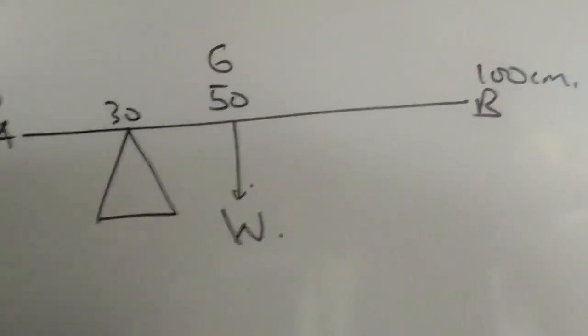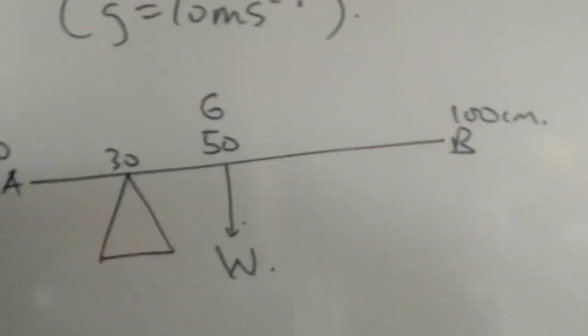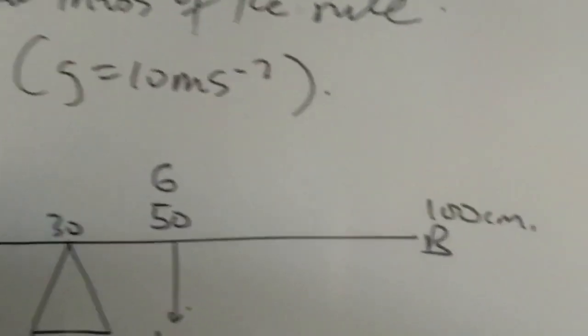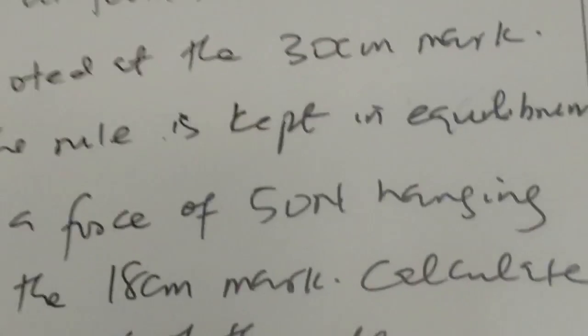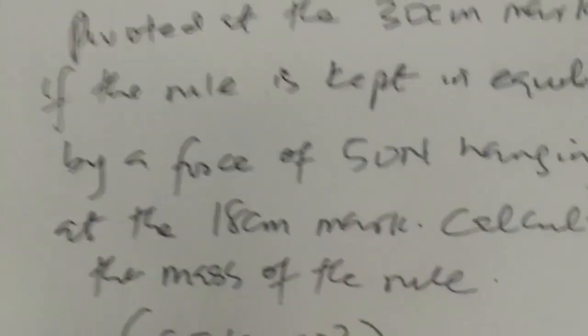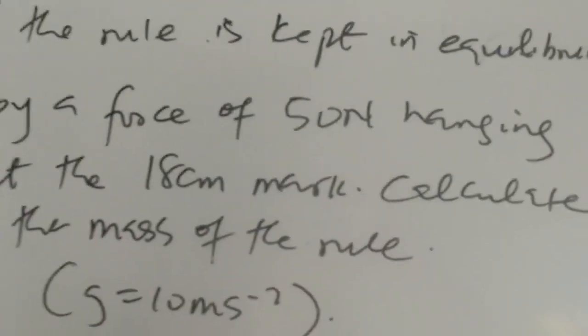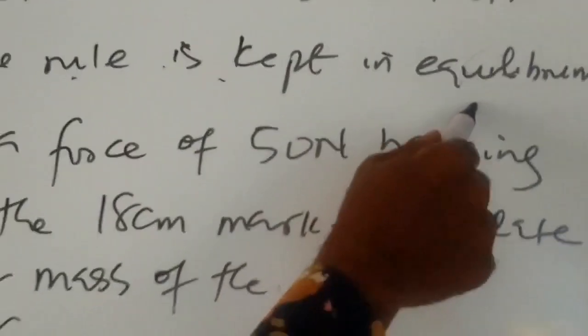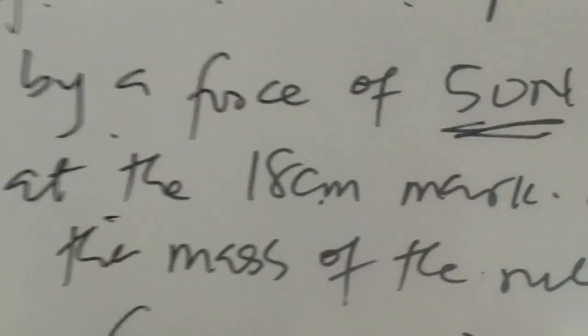Then that is where you have your pivot. When you have done that, the next step I gave you is you have to handle the other forces. Go to the question and find out the other forces that are on the meter rule. It says if the rule is kept in equilibrium by a force of 50 Newton hanging at the 18 cm mark. To have a force of 50 hang on the 18 cm mark, we'll go to the